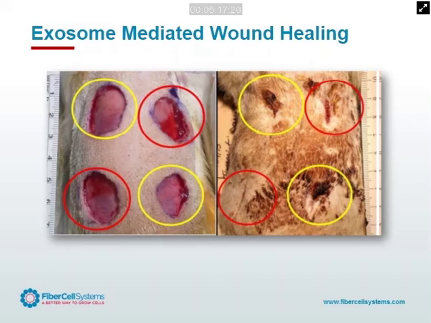This is just an example of some of the things that we've done with exosomes. Of course, there's lots of other applications for exosomes. I believe we're going to see that exosomes are the prime therapeutic vector from stem cells, that the stem cells themselves are not necessarily what's producing the tissue regeneration, but the exosomes secreted by the stem cells. So this is a poor little rat that we've got a standard model for wound healing, and you can see under the red circles, that's where we've applied the exosomes, and it's really not very many of them. It's around 2.5 times 10 to the 6 exosomes applied to each wound